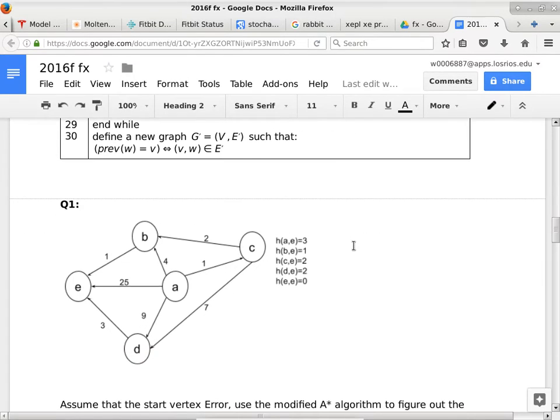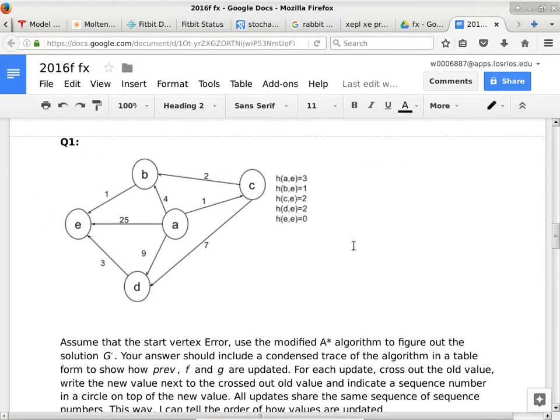And then the questions involved. The first one is just following the algorithm. I need people to show me all the computations. They have to trace the algorithm, so I can see how the data structures got updated. Basically not exactly line by line, but iteration by iteration, to solve the problem. So it may not be a bad idea to start today's class by looking at the A-star algorithm from the questions perspective.